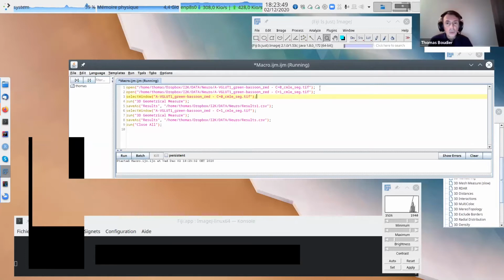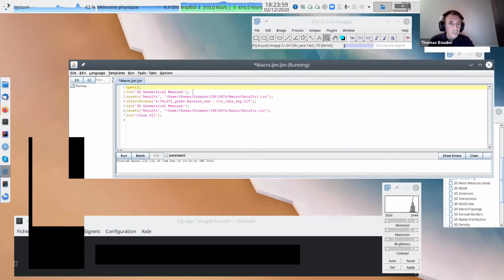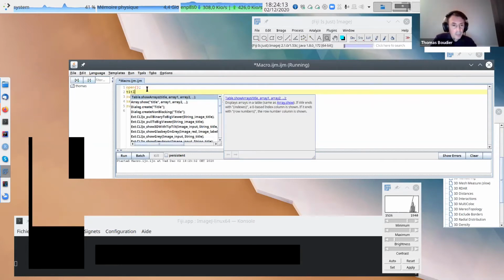So if you want to open one image, you just put open like this. And then something very simple, save as. So we open an image, we do the measurement and we save it.